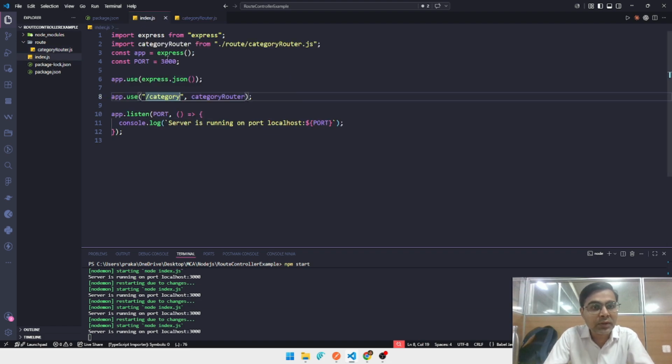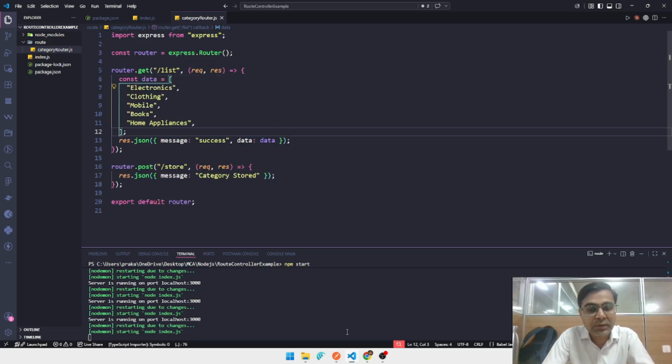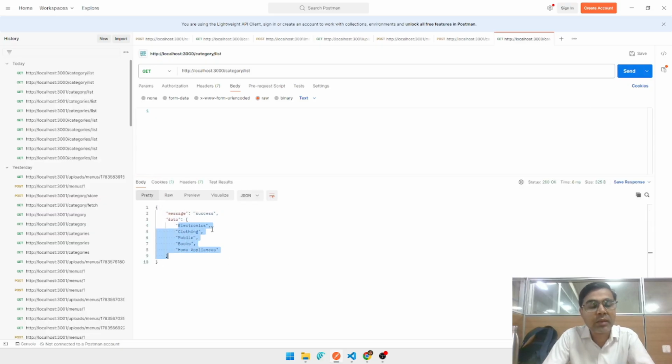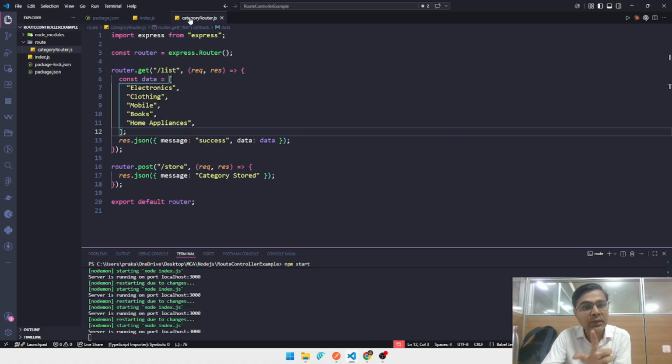Both are functions here. So here now we can check this category slash list. So that list will comes, and I change the list name, that is mobile. Now we can see this data will comes or not. So here we can see this list will comes. So my router has defined, main file is index. I part this two route lines in another resource. If you have another resource like a menu or anything like users, employees, so that you make the different routes